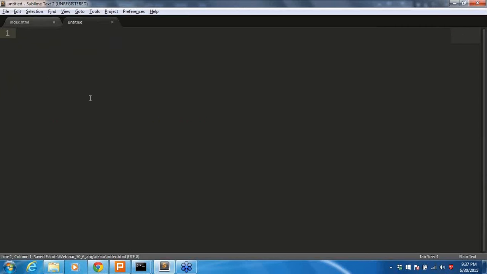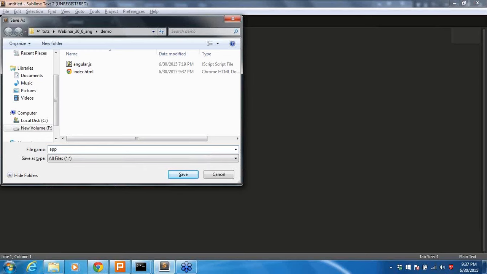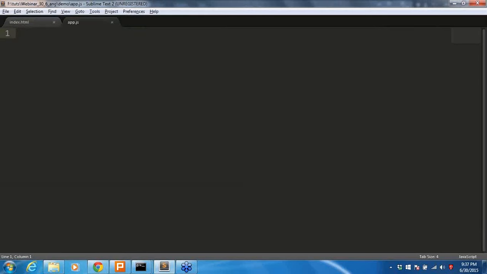I have defined this ng-app, and I want to create a controller. How can I do this? Let me create one more file. I'm going to call it app.js, where app equals a module. I'm creating a module of whatever name you defined in ng-app, so just pass that name, demo. If you have any other dependencies, you can pass them. In the next module, we will see how to pass dependencies and what they are used for. Now I don't want any other dependency, I just want to create basic functionality. I just defined my Angular app over here.